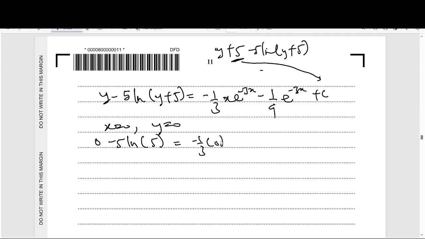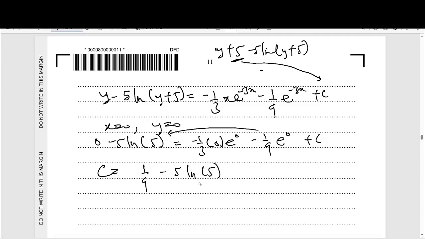So everything goes 0 because this side goes 0, right? X becomes 0, so everything goes 0. Then minus 1 over 9 e exponent 0, and then plus c. Right? So the 0 is out over here, everything here also goes 0, and this is 1. So it means our c is equal to, I'm going to send this to the other side of the equal sign. So we're going to have 1 over 9, then minus 5 ln of 5. And that should be